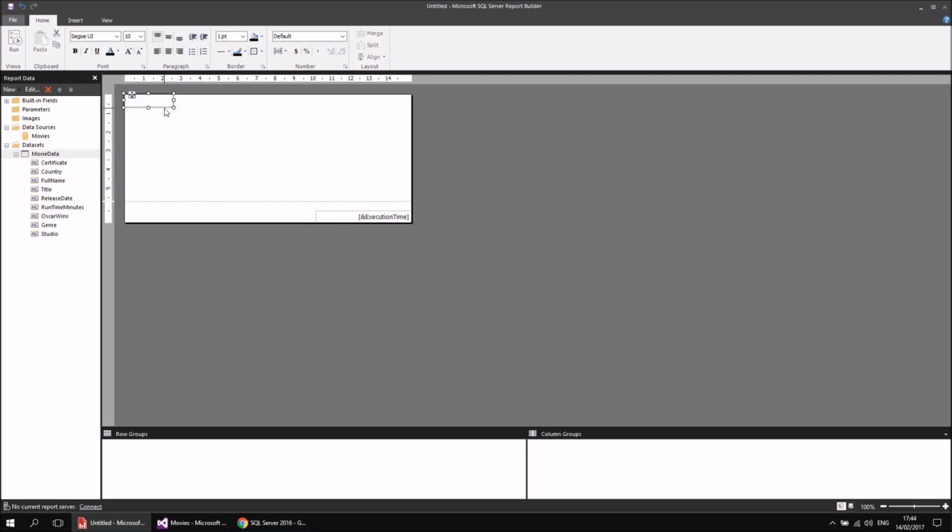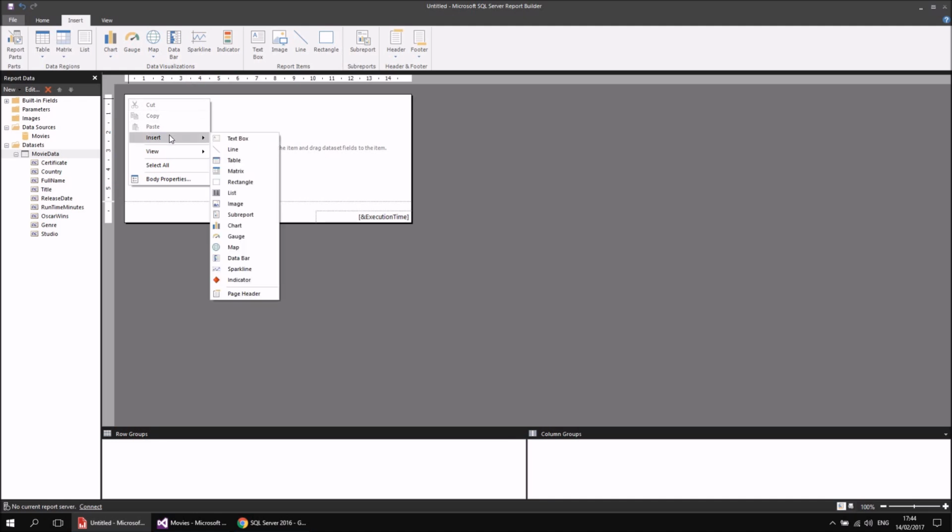Another technique I could use is I could go back to the Insert tab and I can click once on the text box tool, and then I can click and drag or click once with the mouse to draw one in the report. And a further way to insert a text box is to ignore the Insert tab in the ribbon altogether. I can just right click somewhere in the background of the report and choose Insert and then choose